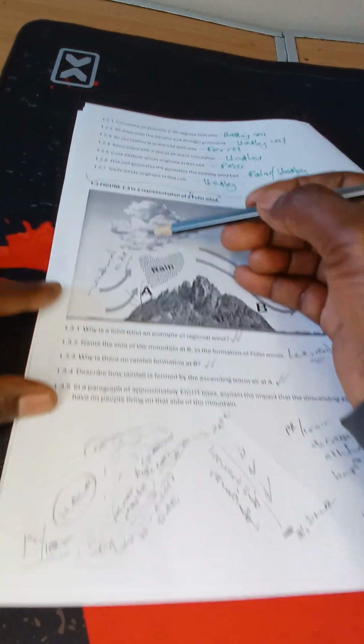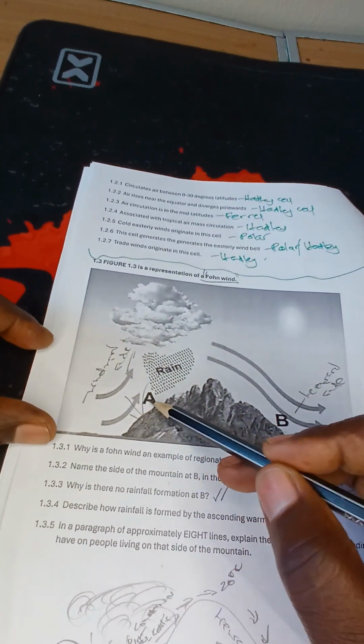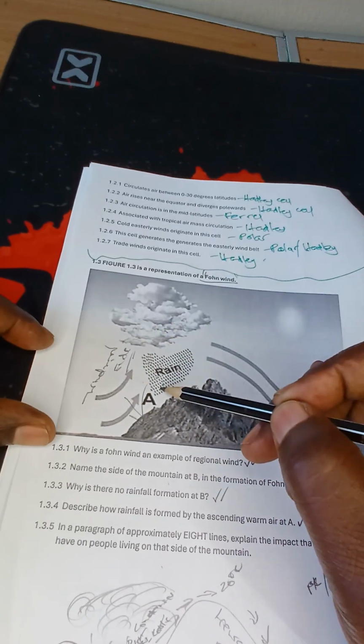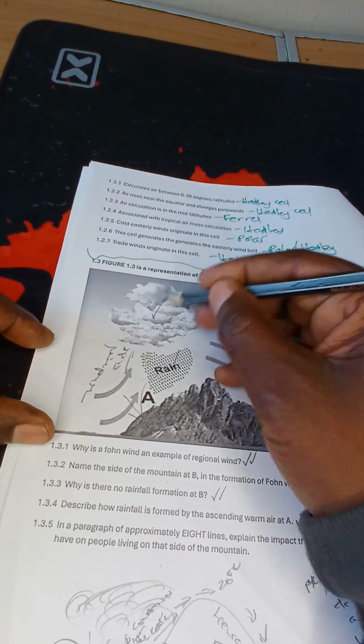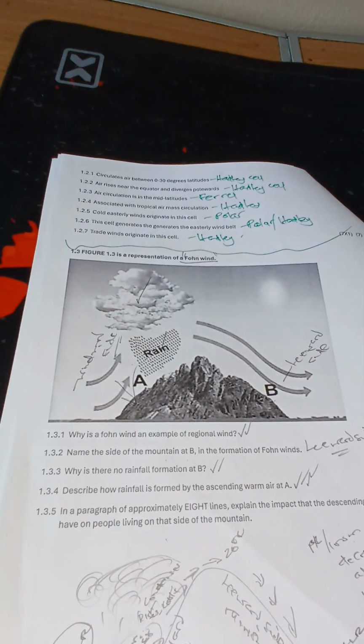And it's evident that you've got the clouds at A. We also have the rain. That's what happened. The warm air rises, it cools, it condenses, clouds form, then we have rainfall. The evidence of the rain and also of the clouds at A. This is what happened. Then, in a paragraph of approximately 8 lines, explain the impact that the descending air at